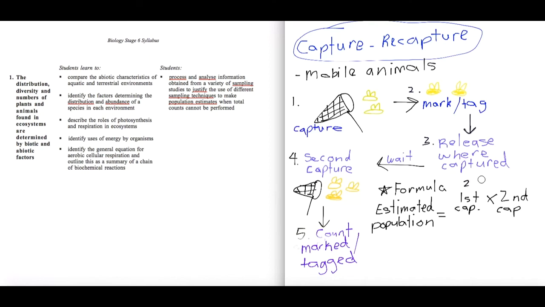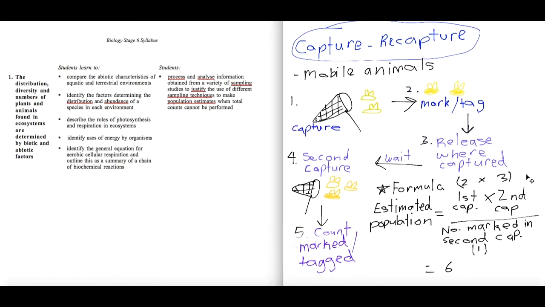And then divide all of this by the number of marked bees in your second capture. So your recaptured bees, which in this case would be 1. So 1 goes here. And then to calculate the estimated population, it would be 2 times 3 divided by 1, which is 6. Now, to improve the reliability of the results, you would actually perform a few recaptures and then